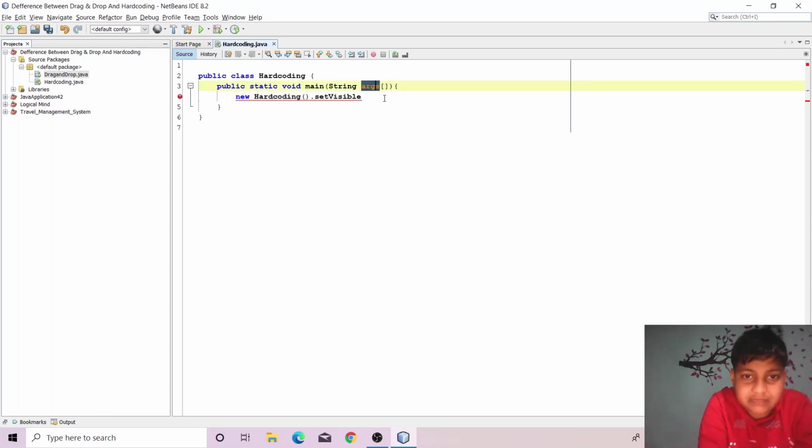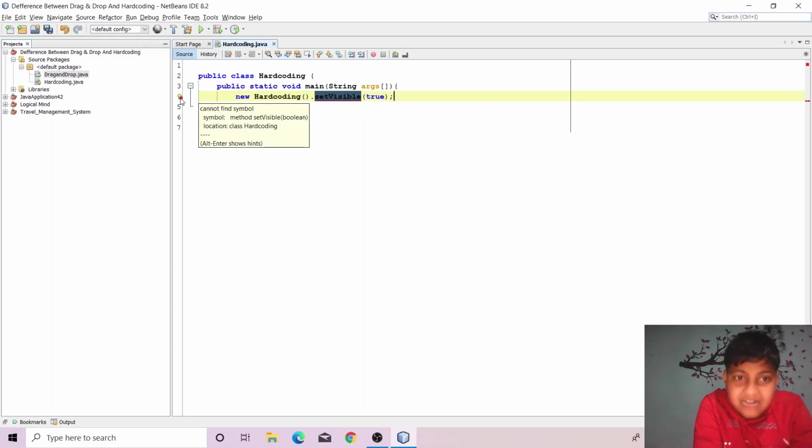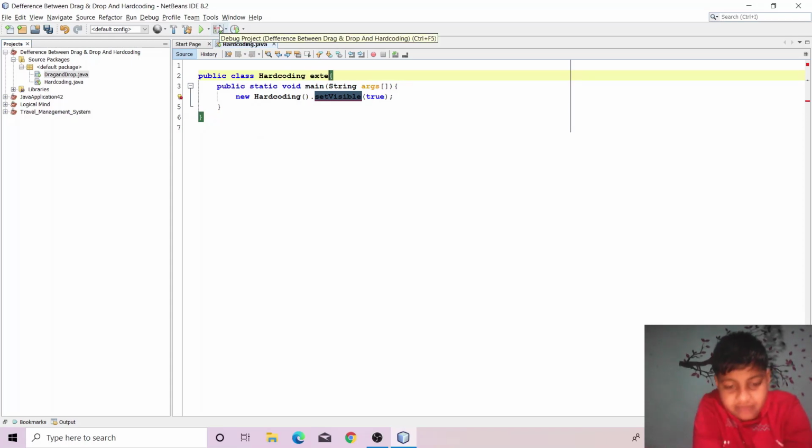So set visible, and here you have to type true, so that the frame is displayed, and then it's showing an error because we have to extend JFrame. Okay, we have to extend the JFrame class.